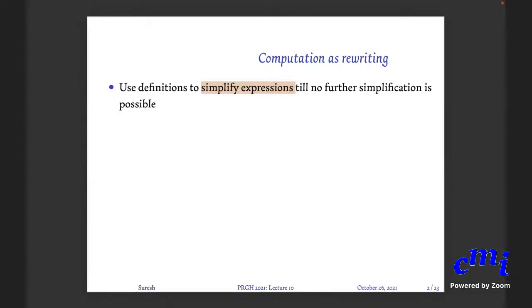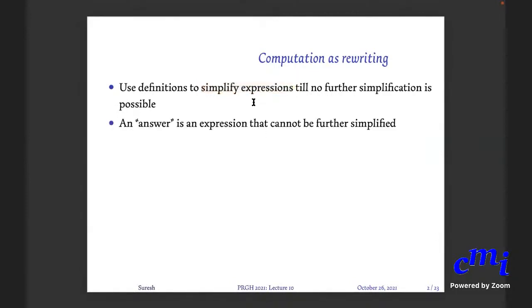We say factorial 0 equals something, factorial n equals something else. So basically we are telling it, if ever you encounter factorial 0, use this simplification rule. If ever you encounter factorial of some expression where the expression doesn't evaluate to 0, then use this other simplification. This is the kind of idea that we should have in mind as far as computation goes.